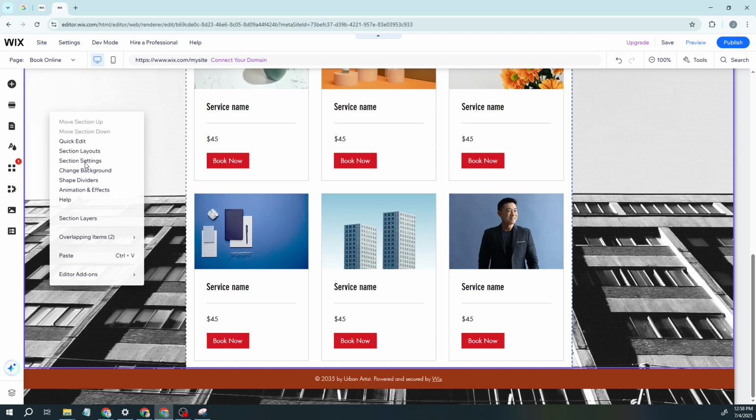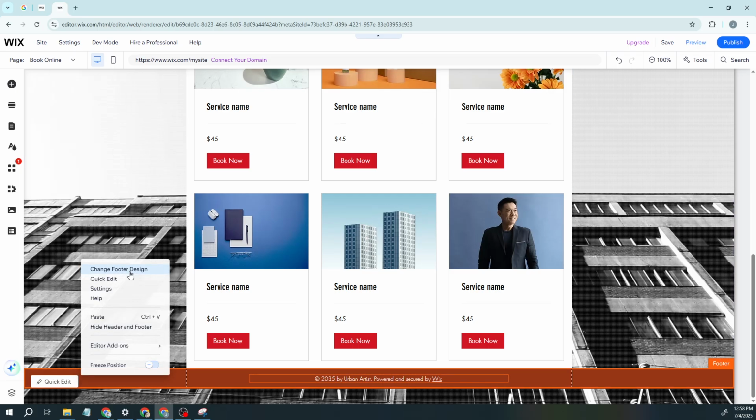For those who are changing the entire page background, click on Change Page Background. A new menu will pop up showing you different options such as colors, images, or even videos. You can choose from the available options provided by Wix,